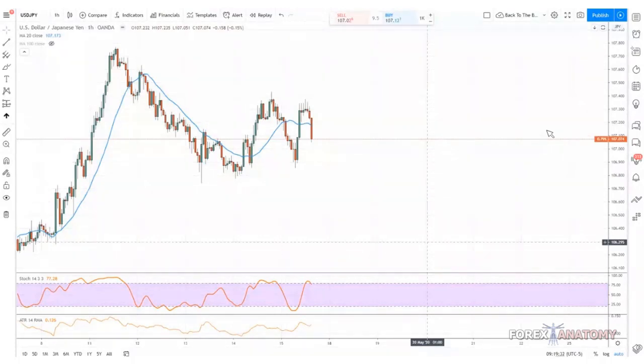So we're going to touch on the basics today, and then we're also going to end this webinar teaching you something that you can do for next week, something that you can apply in the markets to help you find some good trading opportunities in the market. So I hope you guys have your pen, your pad, your paper. I hope you guys are prepared to take notes, especially if you guys are here for the first time.